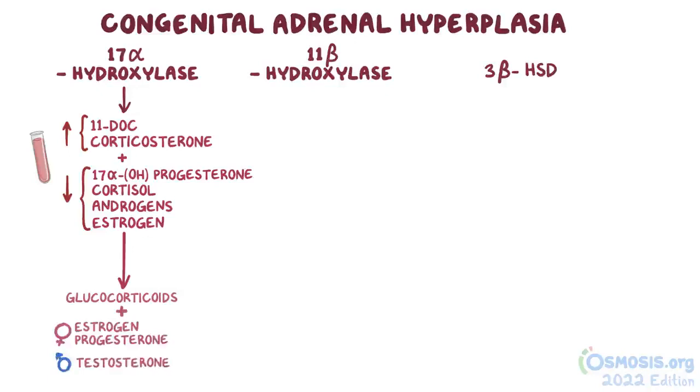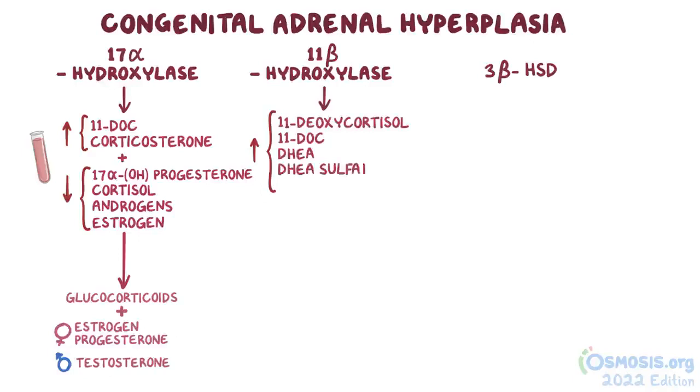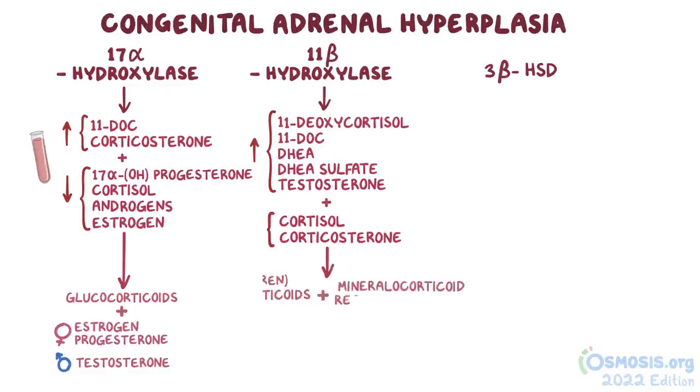With 11-beta hydroxylase deficiency, there's high 11-deoxycortisol, 11-deoxycorticosterone, dehydroepiandrosterone, and dehydroepiandrosterone sulfate, as well as testosterone, but low cortisol and corticosterone levels. We treat with glucocorticoids in children and mineralocorticoid receptor blockers in adults, spironolactone in females, and triamterene or